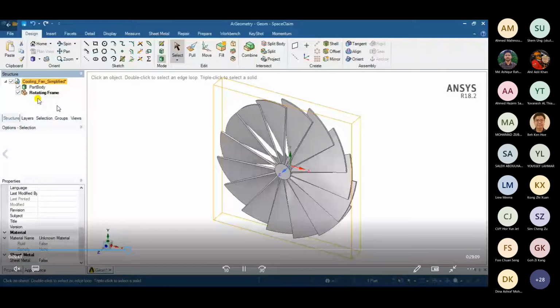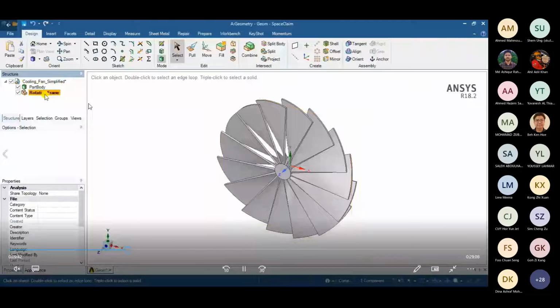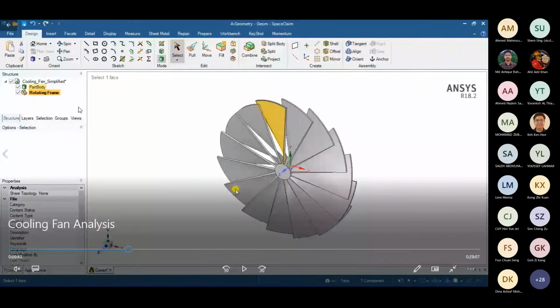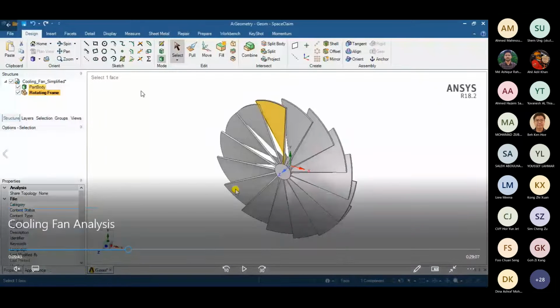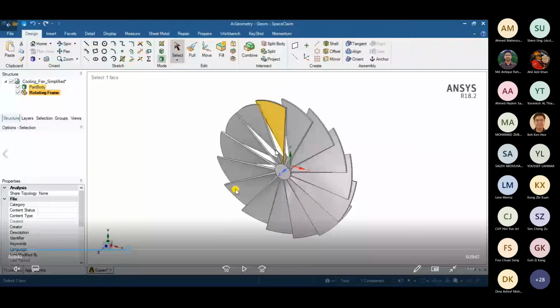The primary reason we do this is that in our simulation, whenever there is a rotating part with such complex geometry, as you can see, the fan blade is very complex, then when you go for an actual simulation, the software has to identify the interfaces. It has to identify the contact regions of your rotating body and your stationary body, so that it can establish the connection and work the solution accordingly.